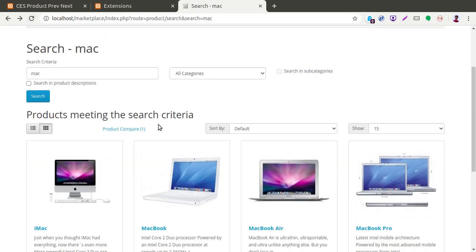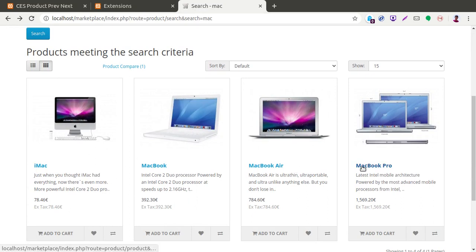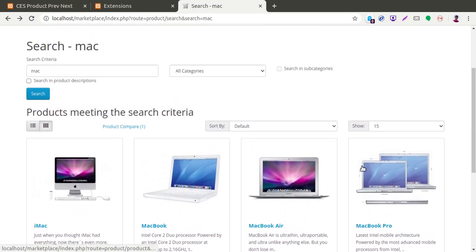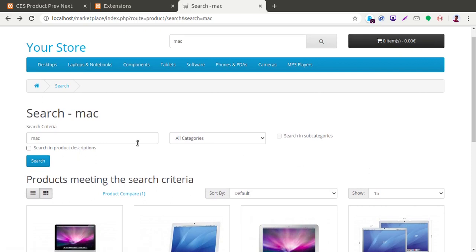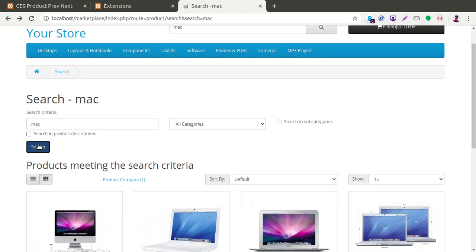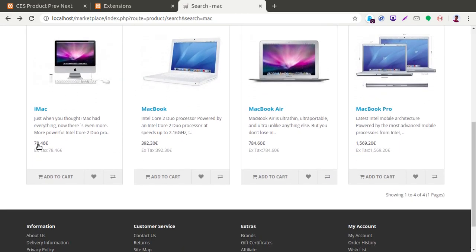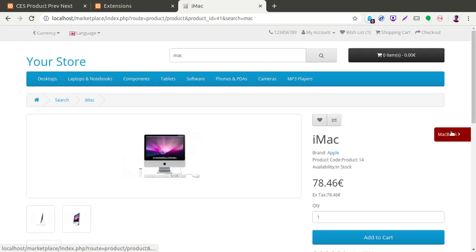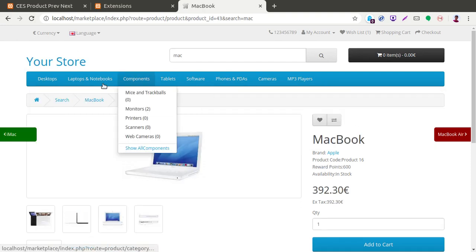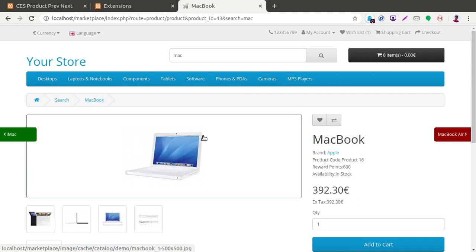and here we can see different products of iMac. So as we search Mac here, refresh it, and then click on iMac, the next product is MacBook. When I click on the MacBook, it will open the MacBook product and it will show the next product available is MacBook Air and the previous product is iMac.